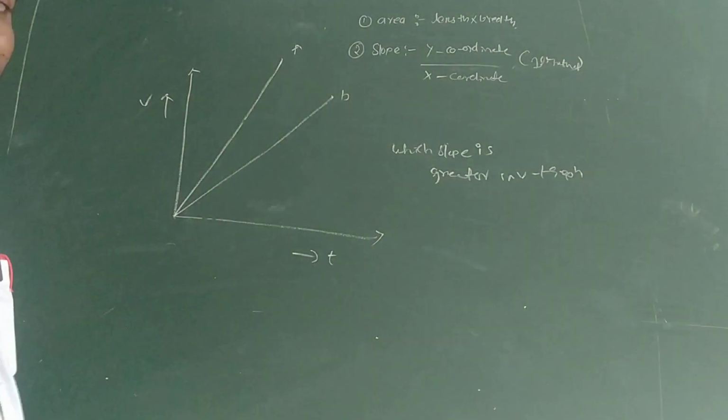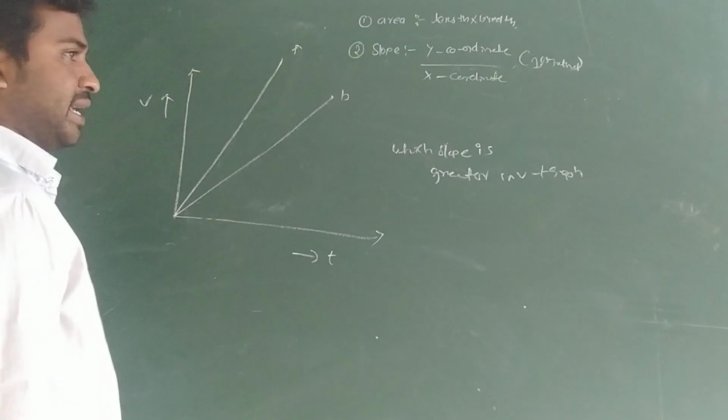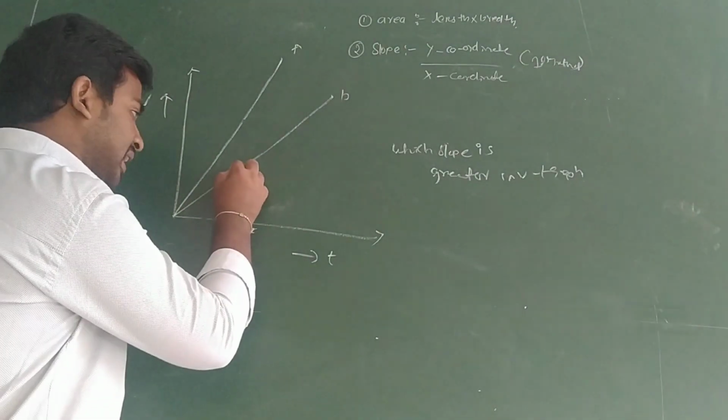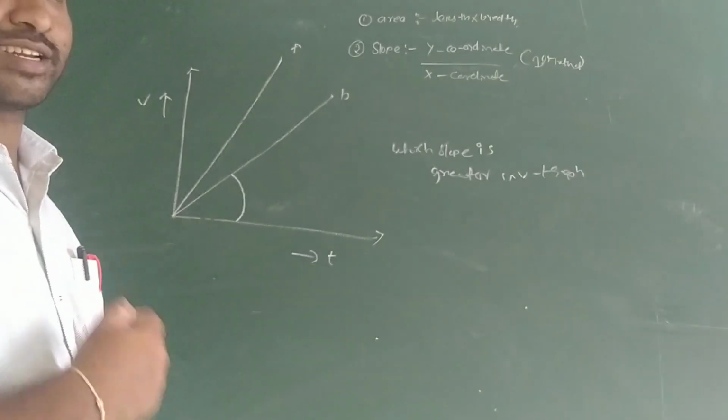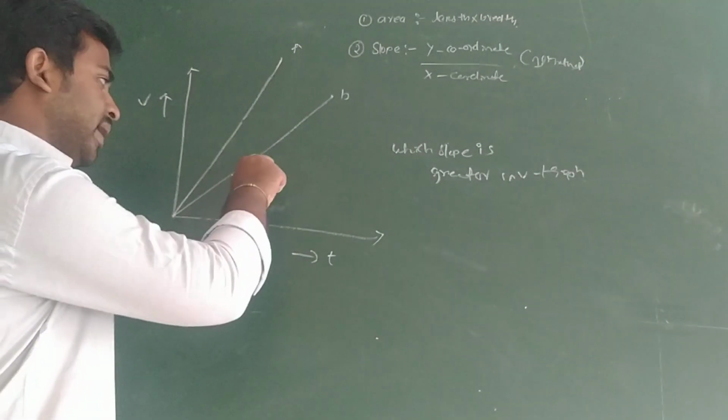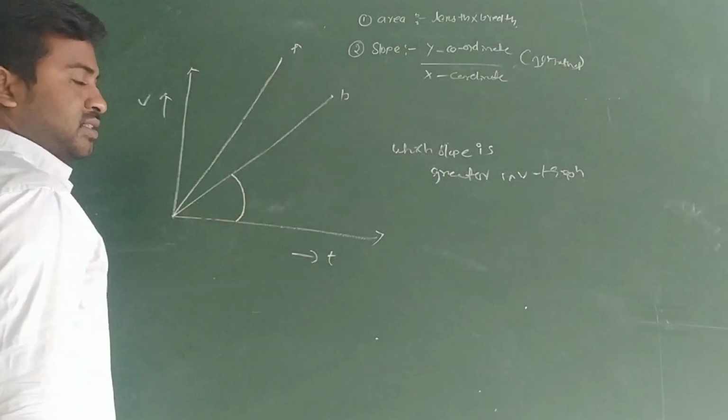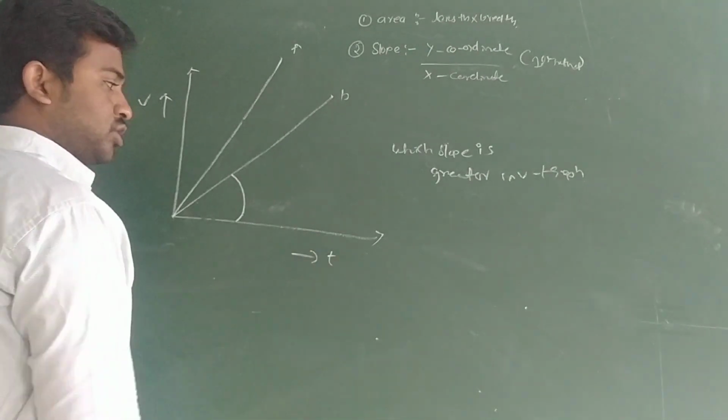How can we make an angle? How we can make an angle means the angle made by a particular line with the axis. That is the angle we can construct. How can we construct an angle? The angle made by that line with a particular axis, we call that the construction of an angle.